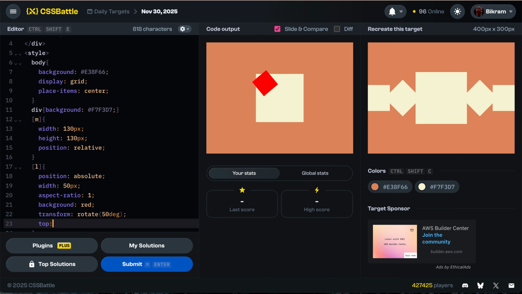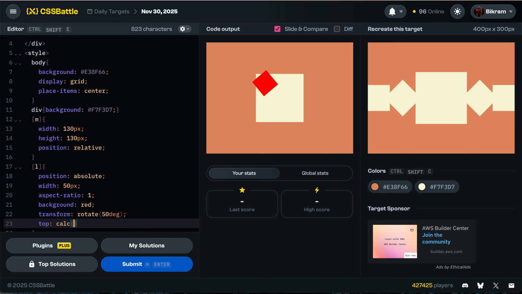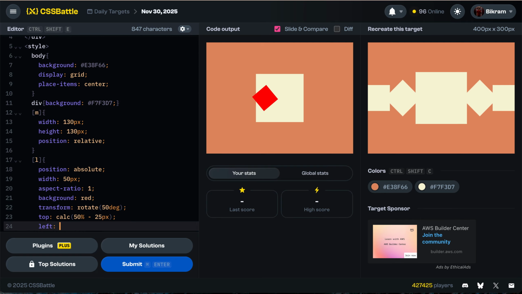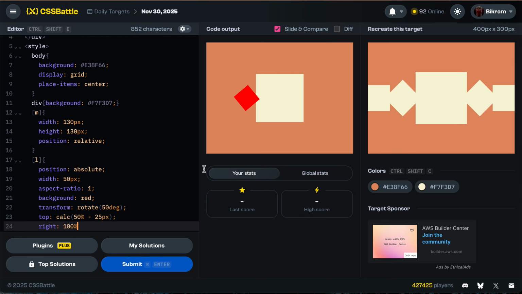From top 50%. 50% minus 25 pixel, and left, right 100%. 100 pixel, 150, 60,